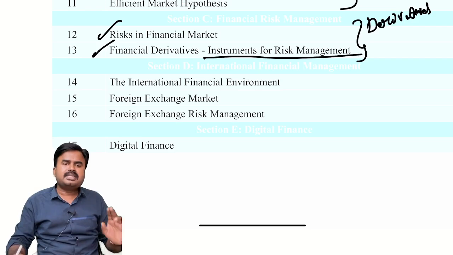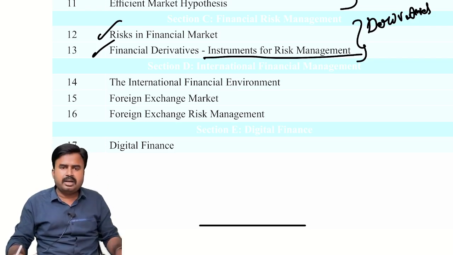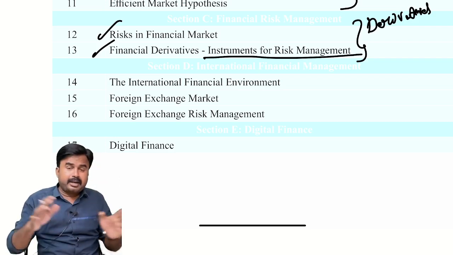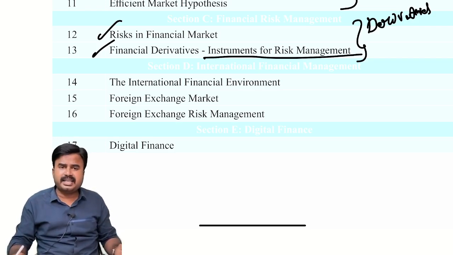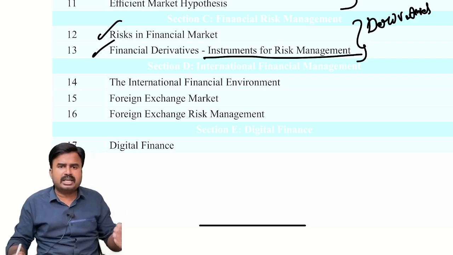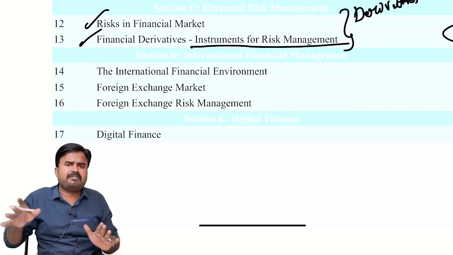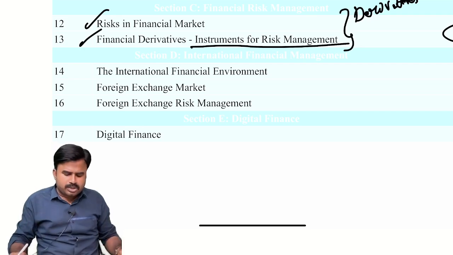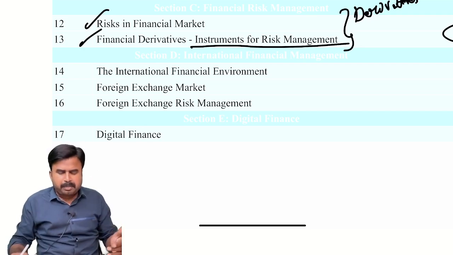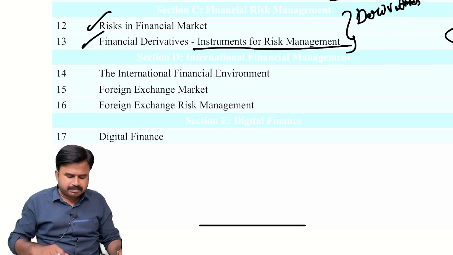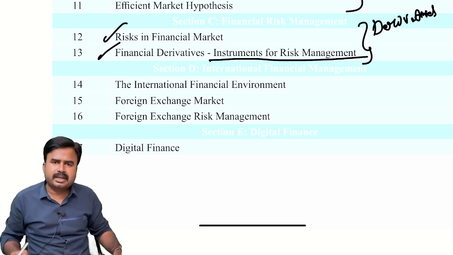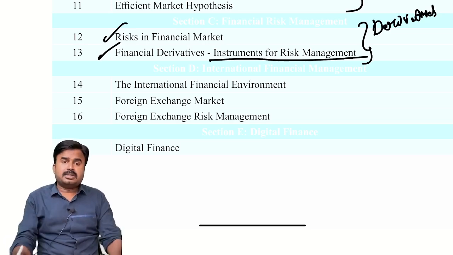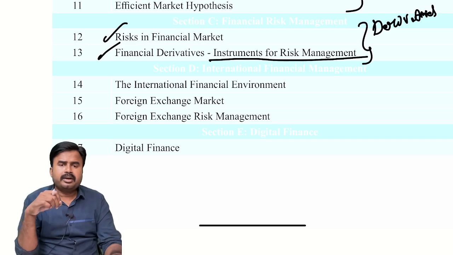Currency market, you cannot see currency market in the external world. See, this will be operated by banks and other partners. I mean, there are so many dealers, foreign currency dealers. So through them we can deal with the foreign currency. We can exchange the foreign currency. So there is no designated platform for this forex market. So even a bank is one of the platforms for trading foreign currency. So under this chapter, international financial management, nothing but forex market, we need to understand several areas like exchange rate